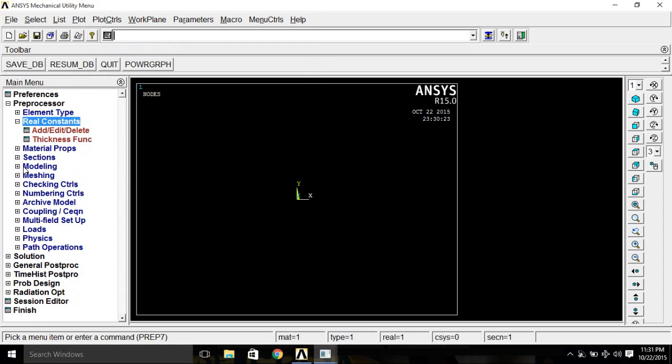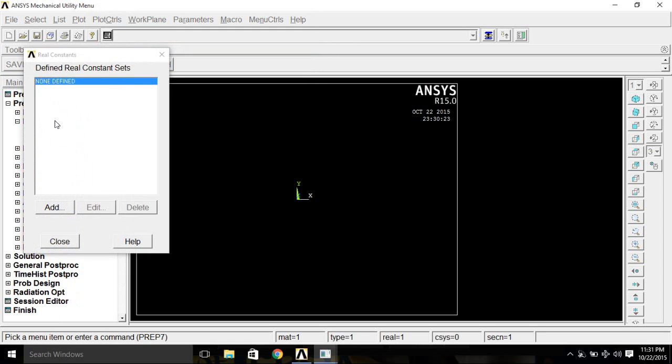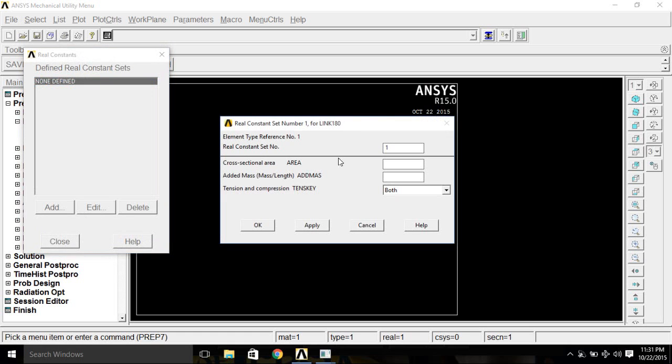Now go to Real Constants, and in that, Add/Edit/Delete. Now first you need to add the first set of real constants. Click Add, then select the element type and click OK. Here you can see real constant set number 1. For the first material you are going to give the area, so I am giving the area as 3250 mm square. Then I will select Apply,